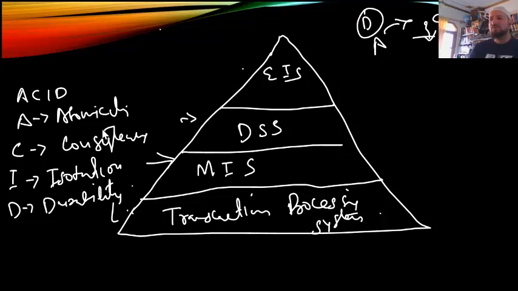Because we believe in atomicity, the way we design transaction processing systems is with atomicity. That means if it's not fully complete, if it is debited, it should be credited. If that doesn't happen, it will roll back to the original position, and this account is credited back by that amount. So the money is not lost in between.